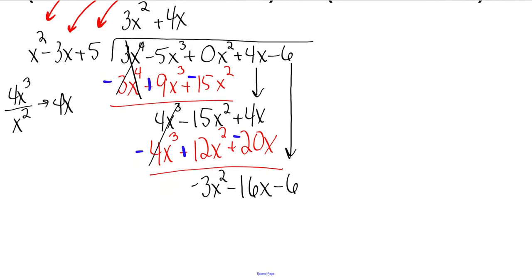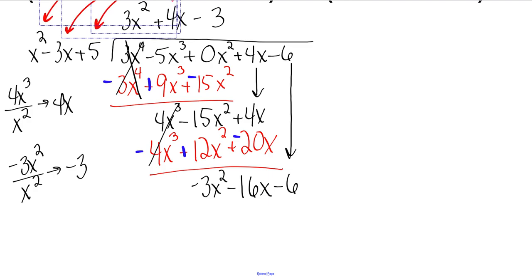Okay, almost done here. So same process, right? We're down here. We divide negative 3x squared by x squared. See what we have left. So x squared, they're going to go away. We just have a negative 3. So negative 3 goes up top. And then we're distributing through again. Okay? So negative 3 would be a negative 3x squared. We'll change that to red. All right, negative 3x squared